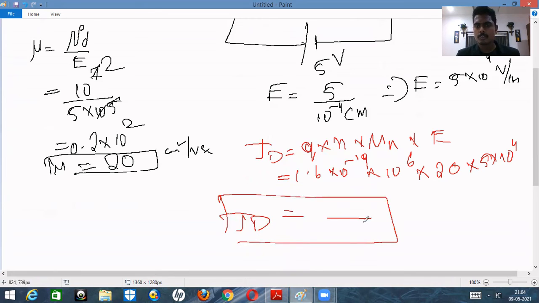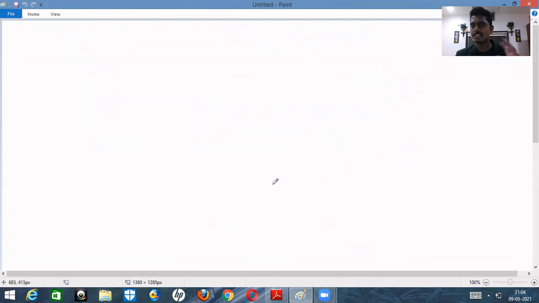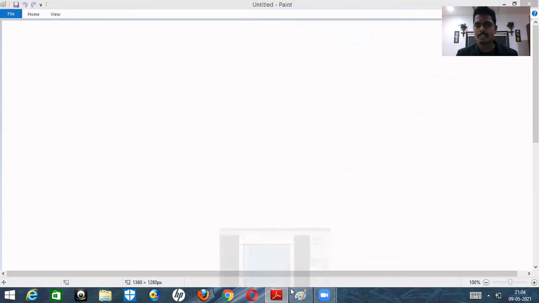You can do it. You need to get 10 cube, because they asked for the answer in kilo ampere per centimeter square. So we need to get it in this format, right? This is how we will find the current density. So it is directly from the formulas. Simple information is there; calculate and substitute, and you will easily get the answer.